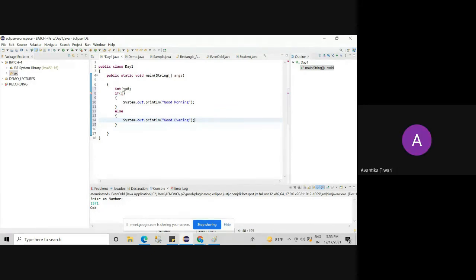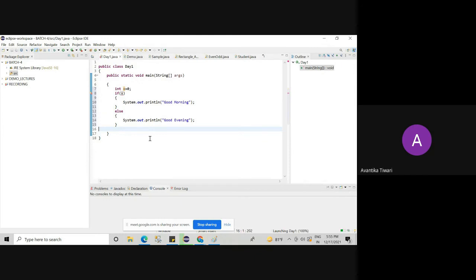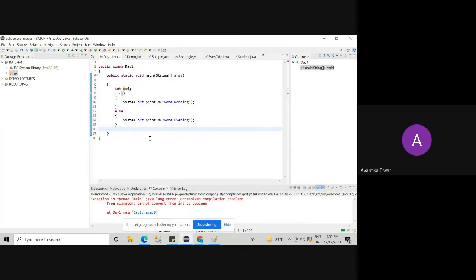Why? Because just now I told you that a Boolean type variable should be passed in the if condition. But what is the type of x? Int, integer. So it will say expected Boolean, but you are giving integer, because Java compiler is not stupid.